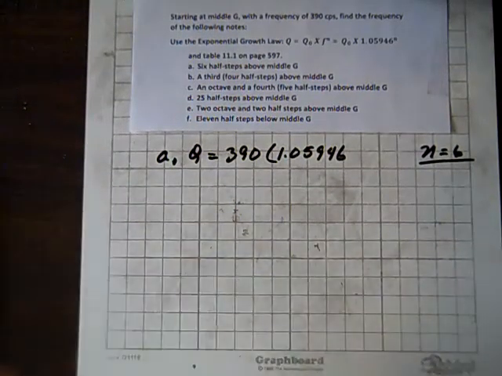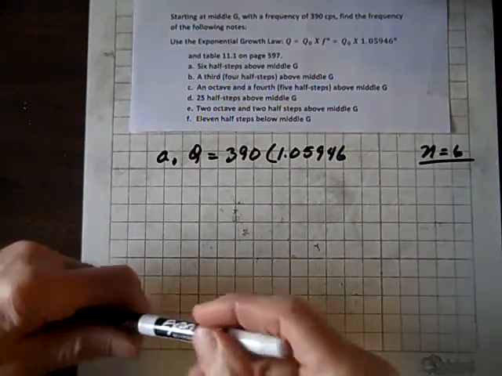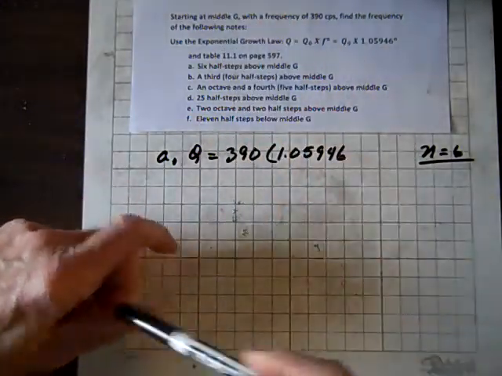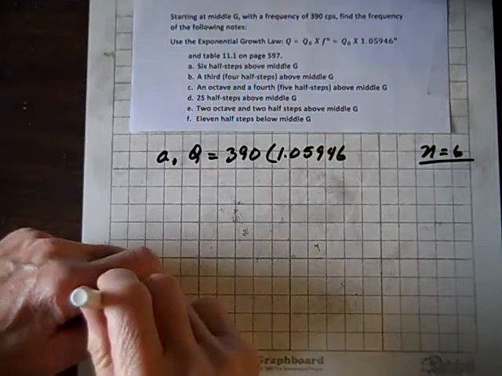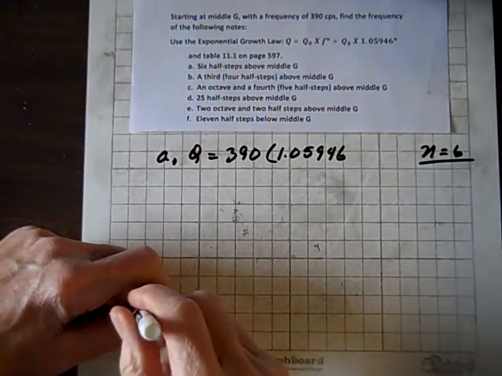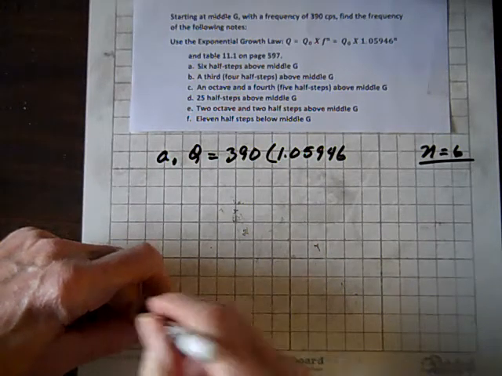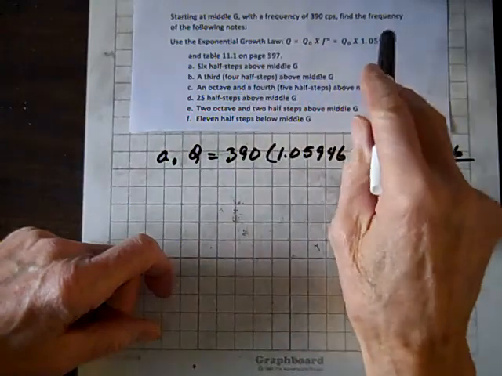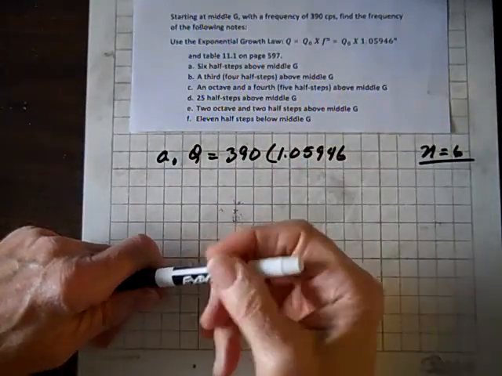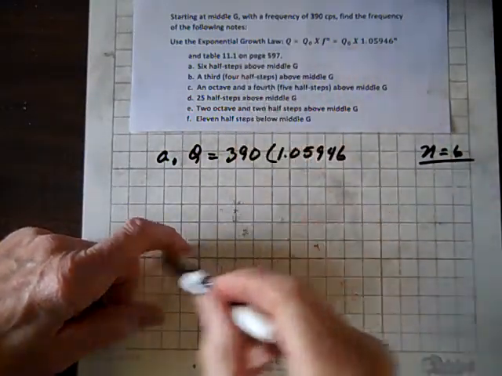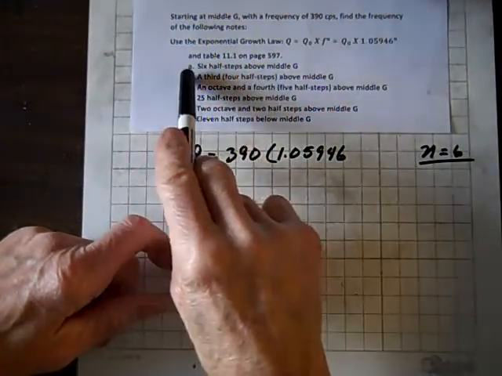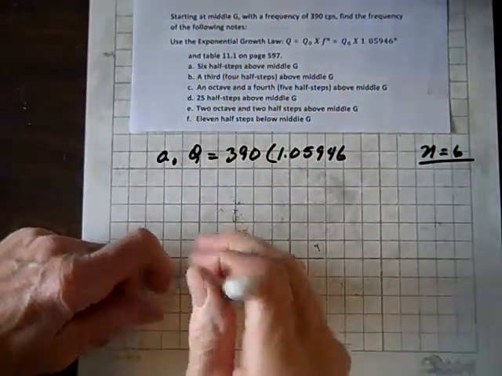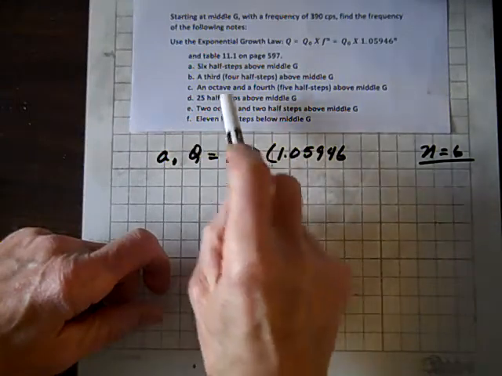Well, here we have a question. Starting at middle G with a frequency of 390 cycles per second, find the frequency of the following notes. And we're going to use this formula to find the frequency of this particular note for A. 6 half steps. And by the way, if you go to page